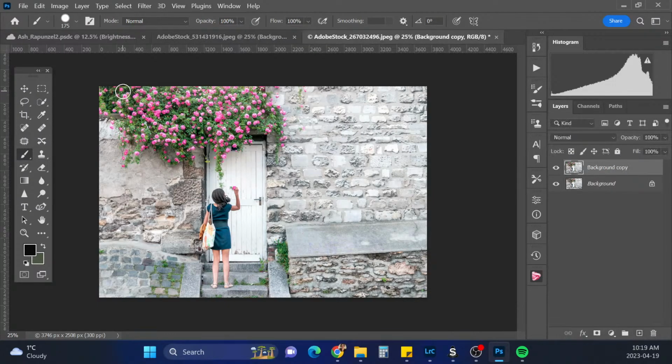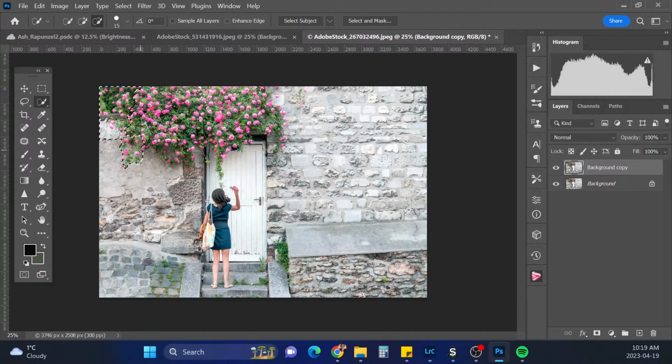We will create a new layer there, and then I'm just gonna select the green and flowers here. Actually, you know what might work better? If I do select a color, I'm just gonna deselect that.